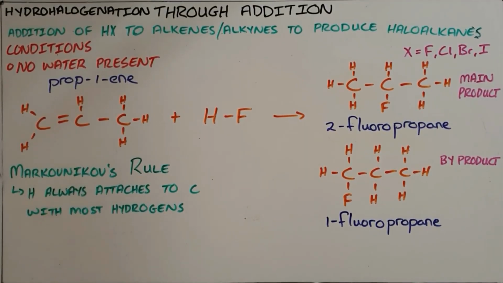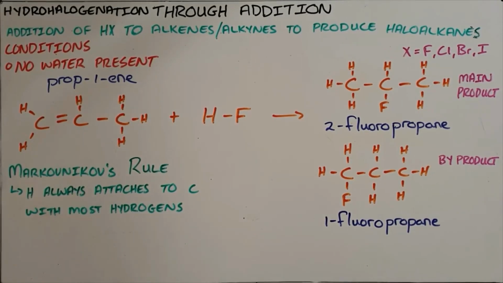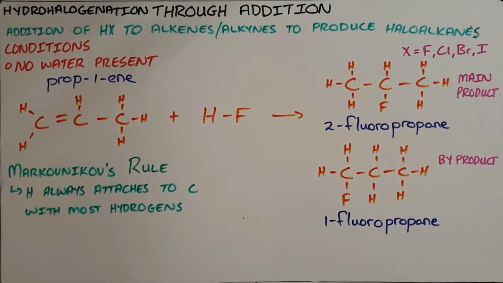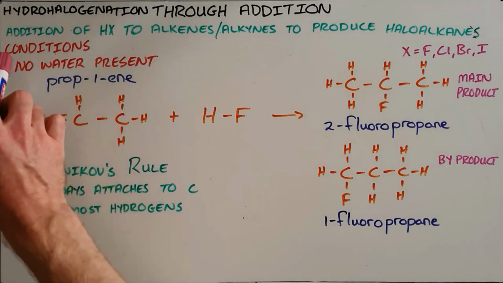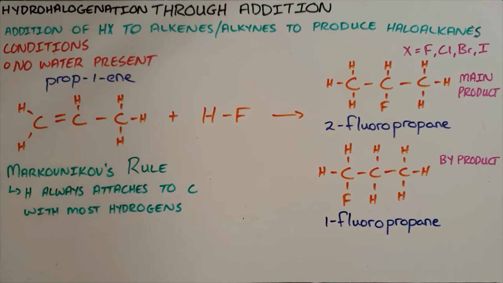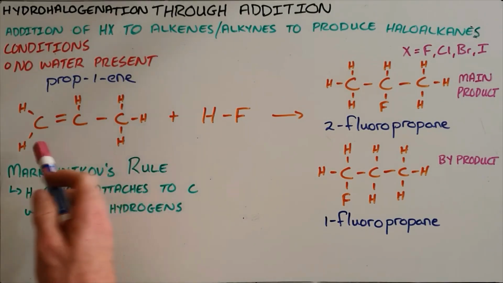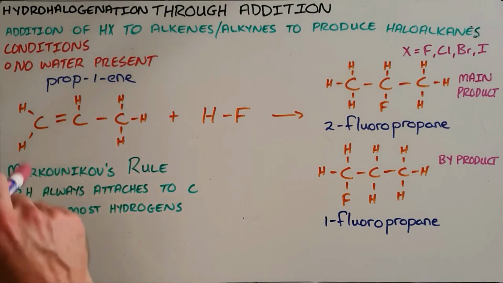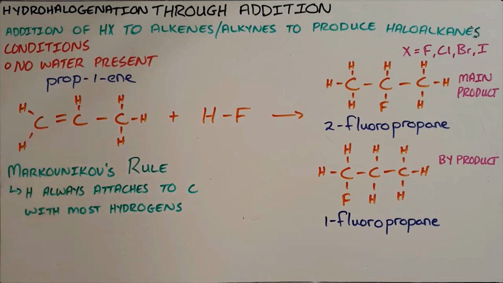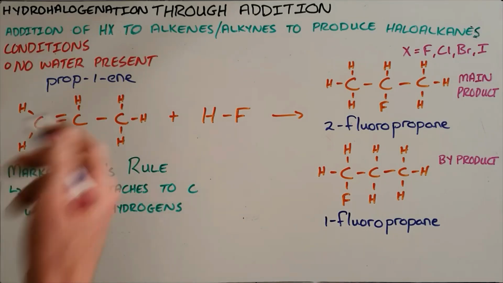Hydrohalogenation through addition is the addition of a hydrogen halide to an alkene or an alkyne to produce a haloalkane. This reaction can only happen on condition that there is no water present, and as an example here we have prop-1-ene that contains a double bond on the first carbon that reacts with hydrogen fluoride, and when there is no